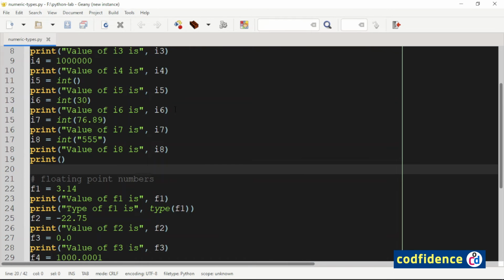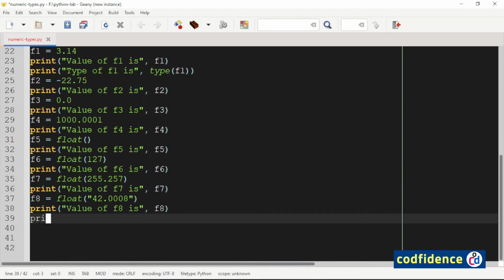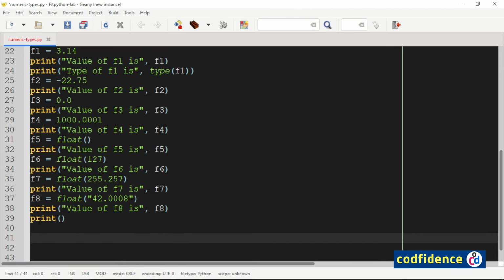Finally, in this program, we will see using variables to store complex numbers. First, we will add another blank line. Now create some variables and assign complex numbers.